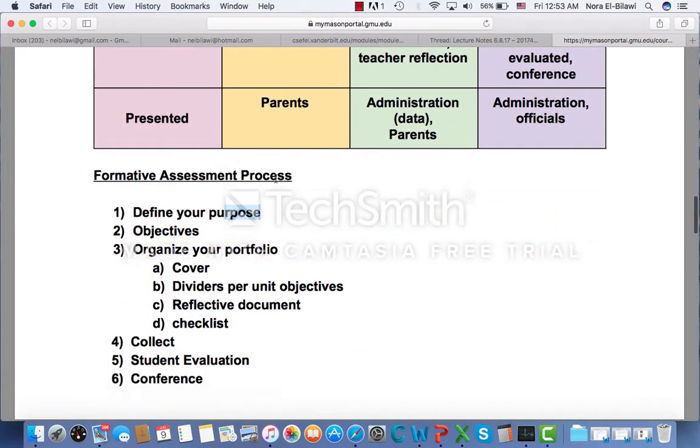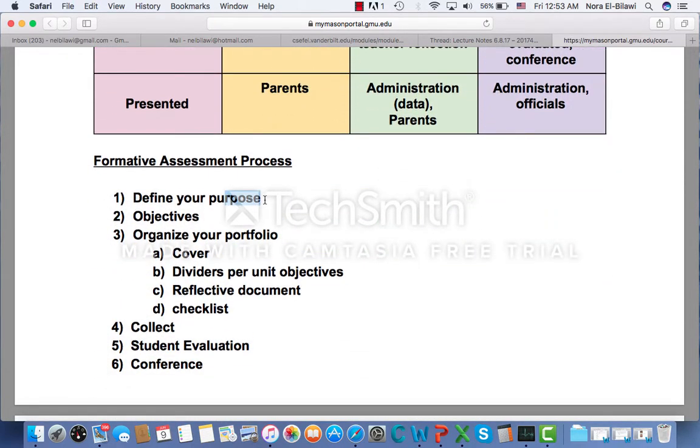Once you choose the kind of portfolio that you need, you're going to put down your objectives. And these objectives can be unit by unit, because your portfolio should be divided